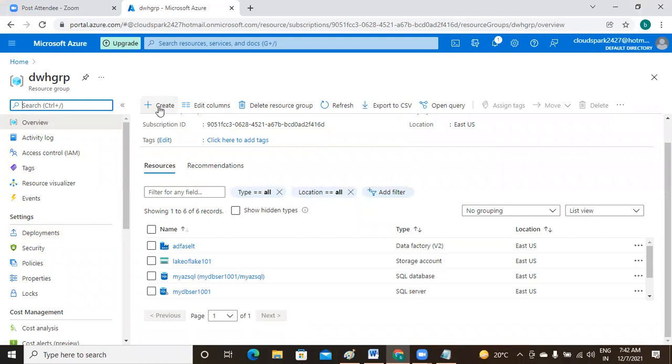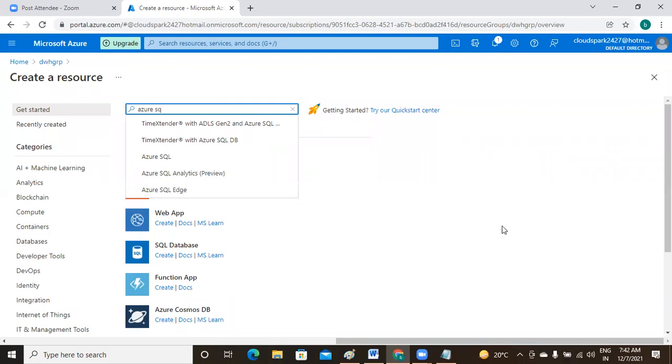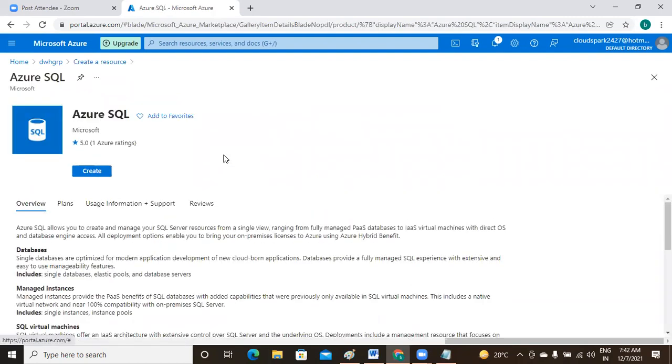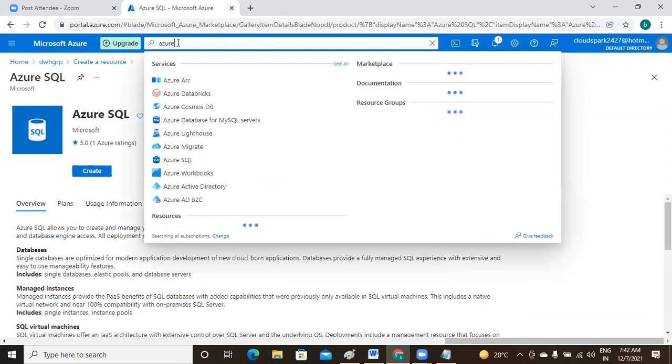I'm going to create a new resource. Azure SQL. Directly SQL database we are going for Azure.